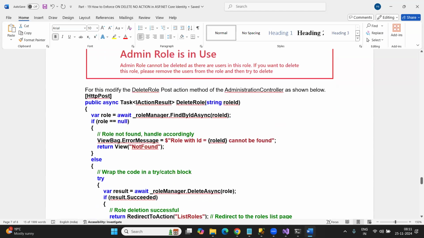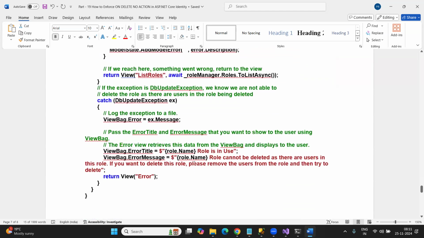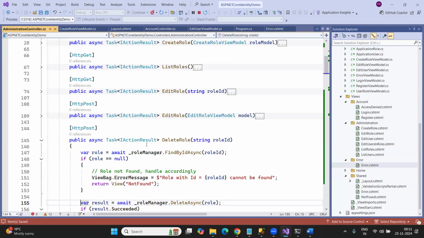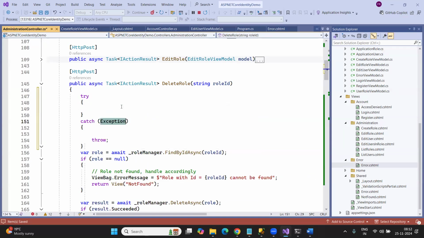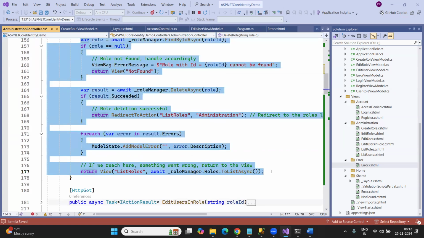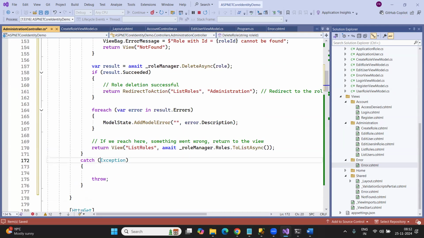So how can we handle this? To do this, what I need to do is capture the exception. If that is your requirement, then in that case you need to put this code within a try catch block. So this is my try block. I have executed, and whenever I'm executing, if I'm getting some DbUpdateException, so this is going to be